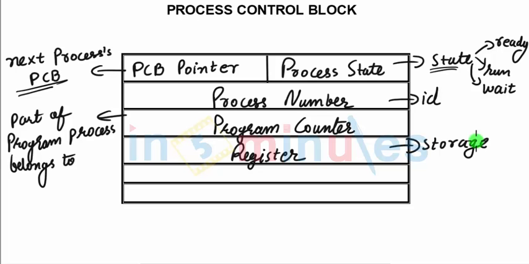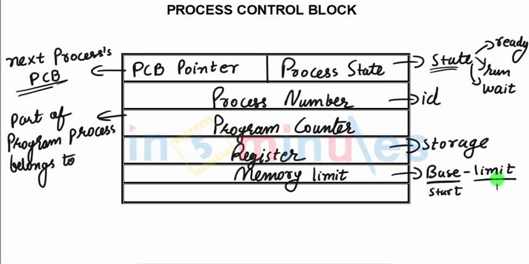The next thing which we will be using is the memory unit. It tells where exactly in the entire RAM your process stands. So the memory unit would give you the base as well as the limit. Base will give you the start point and limit will give you the end point. Together they provide where exactly in memory your process is being stored. By memory this time, I am referring to the main memory, or the RAM.